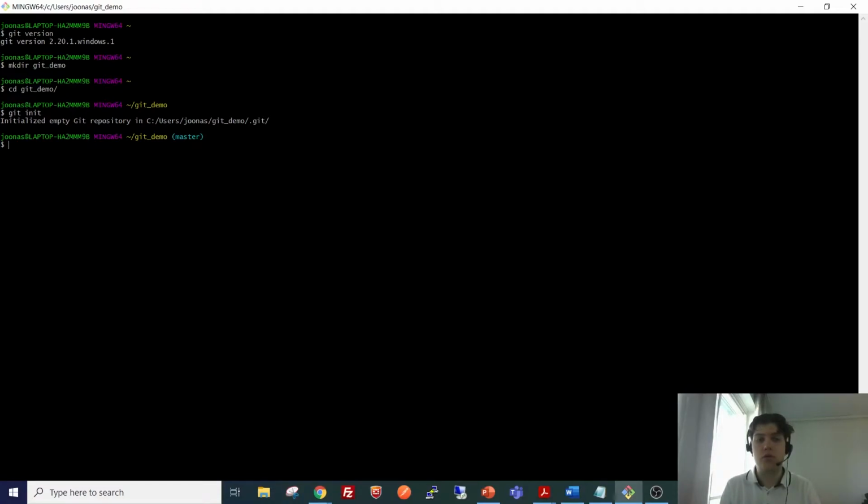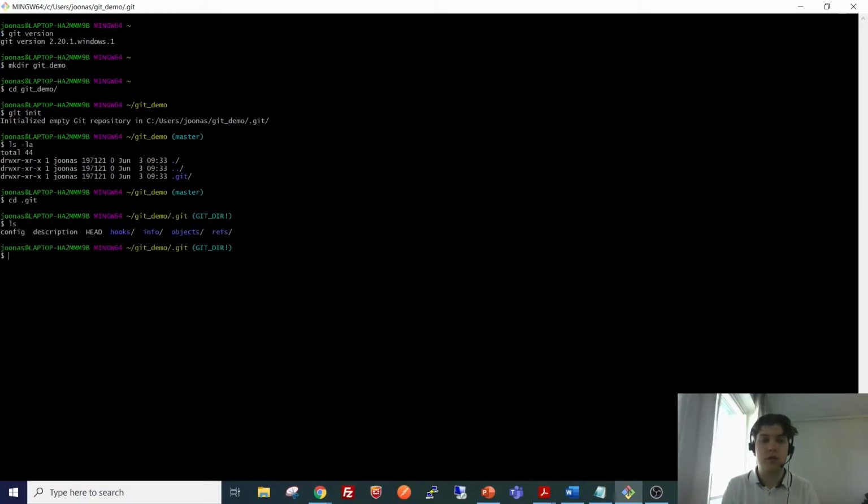Okay, now as we can see from the path here, Git will create a hidden folder called .git. It has these contents which act as the version database. So Git will store all kinds of config and the objects, and essentially this is the local version database of the software.